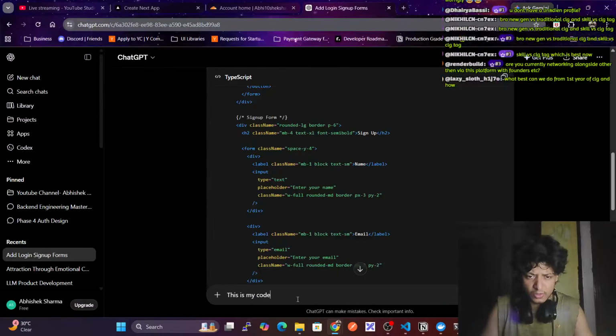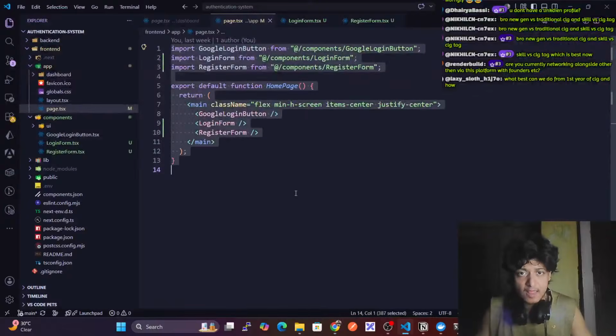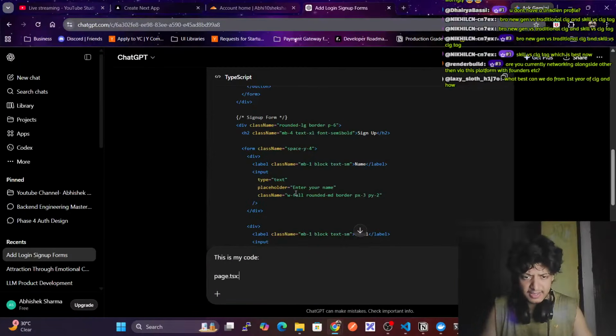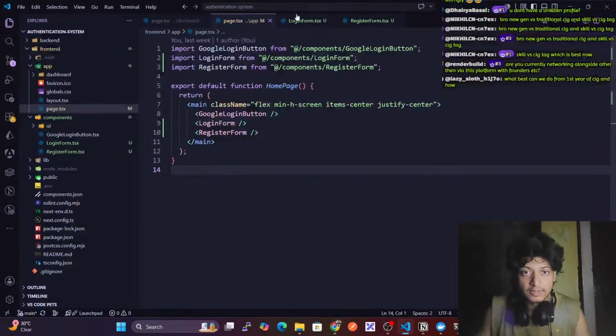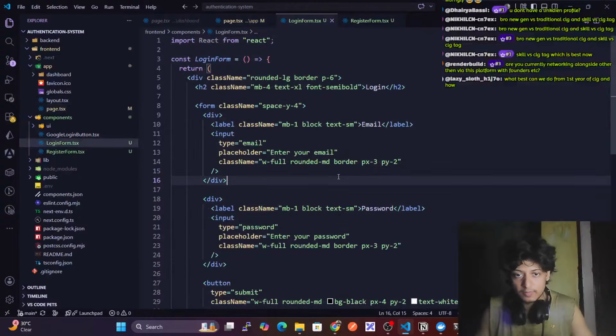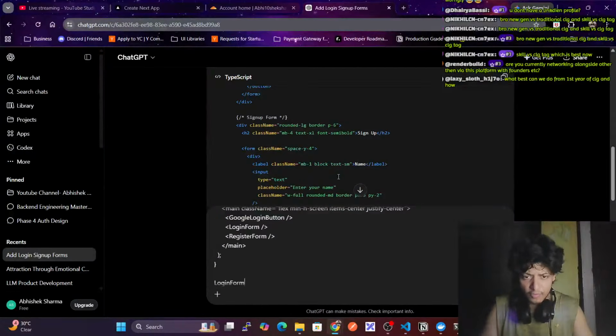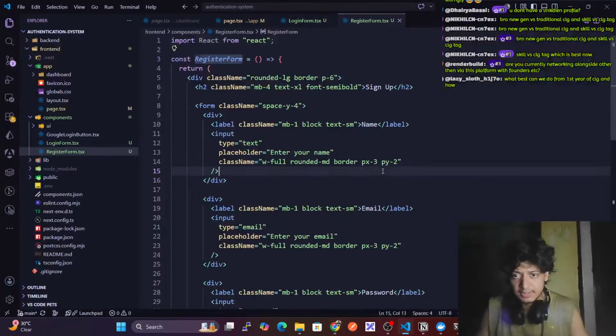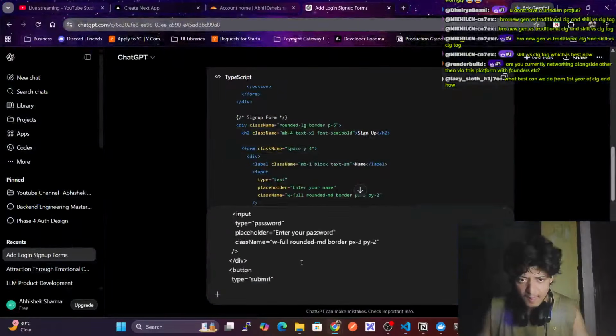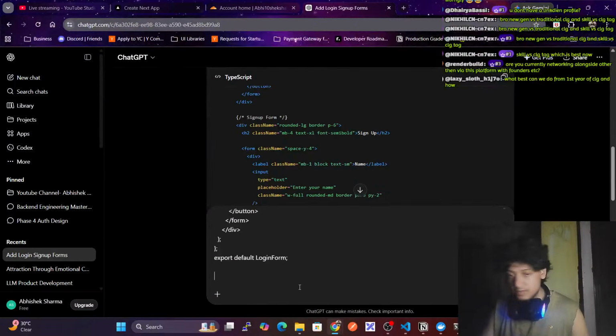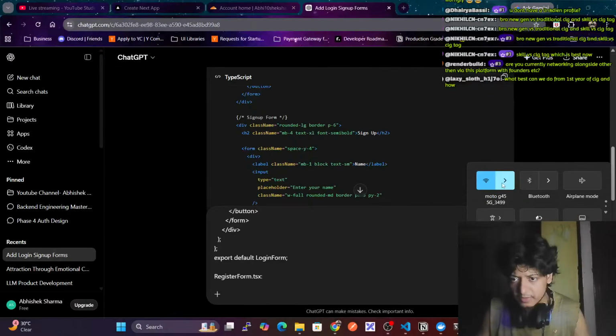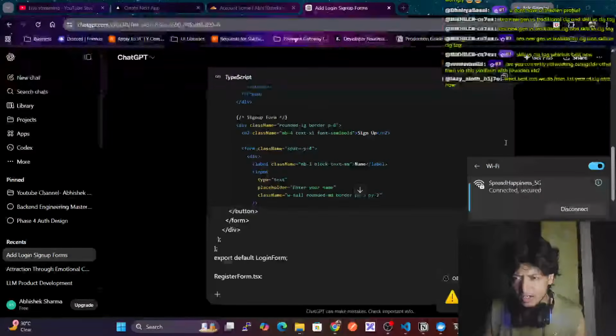This is my code. My login form.tsx. Okay, this is my login form.tsx. Then this is my register form.tsx. We have this. Okay, what I can do is I can switch to my